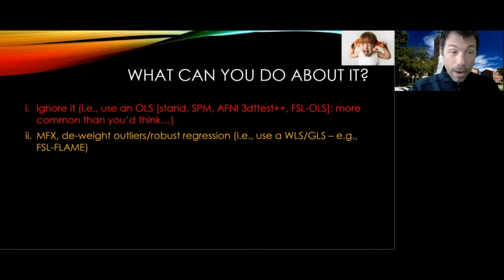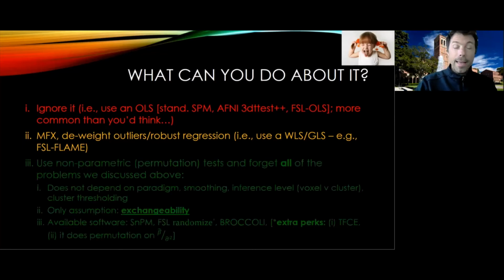And using a mixed effects is definitely a very good option. Although, as you have seen in the paper we just discussed, both the de-weighting of outliers or any iterative process don't always fix problems with outliers, at least not entirely. And finally, you can use what a lot of people seem to be recommending these days,